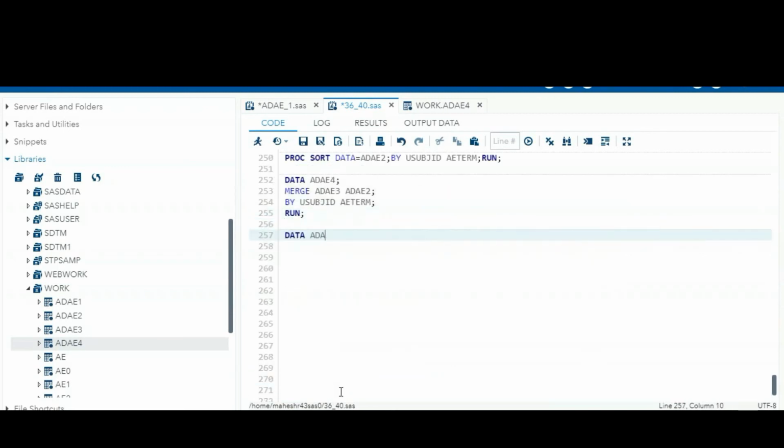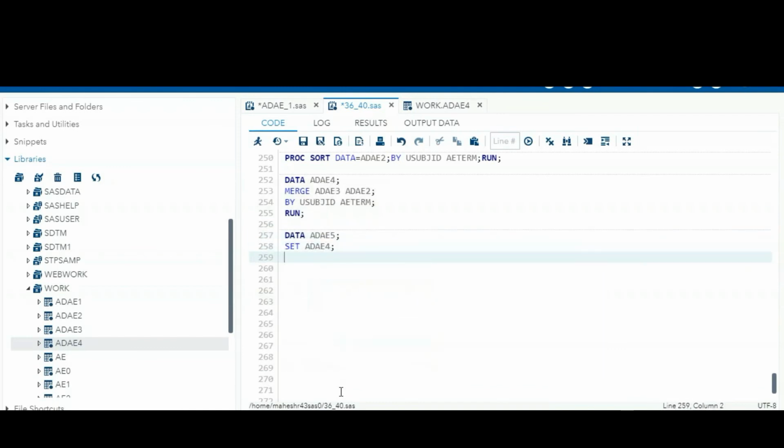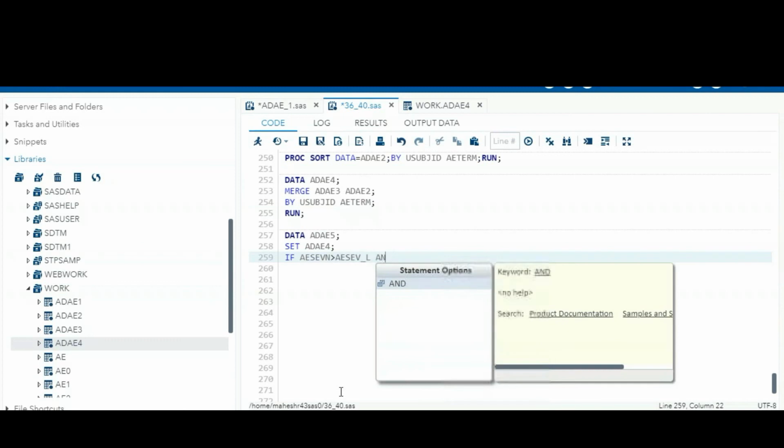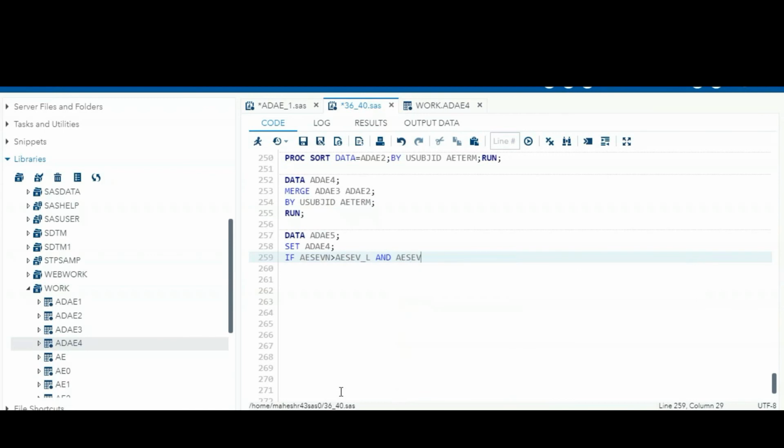Data ADAE5, set ADAE4. The actual severity is AESEVN greater than AESEV_L, which we created, and AESEV_L not equal to missing, records only, which is shown here. Okay, so just run and see.